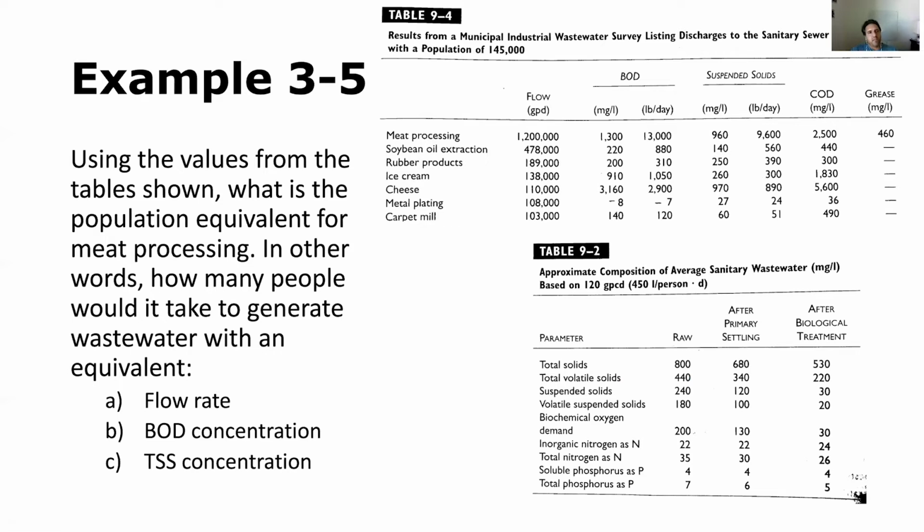Let's do an example problem using the values from the tables shown. What is the population equivalent for meat processing wastewater? So in other words, how many people would it take to generate wastewater with an equivalent flow rate? All right, so the concept of person equivalence is used frequently in wastewater treatment to indicate the relative strength of a facility, such as an industrial facility or a wastewater source coming from some other location that's not residential. So it's to convert whatever that wastewater source, its characteristics,